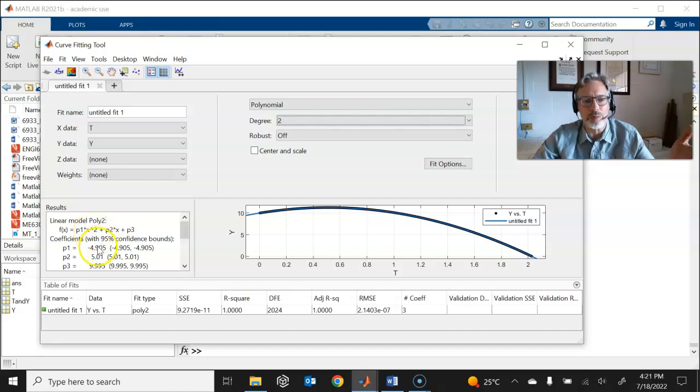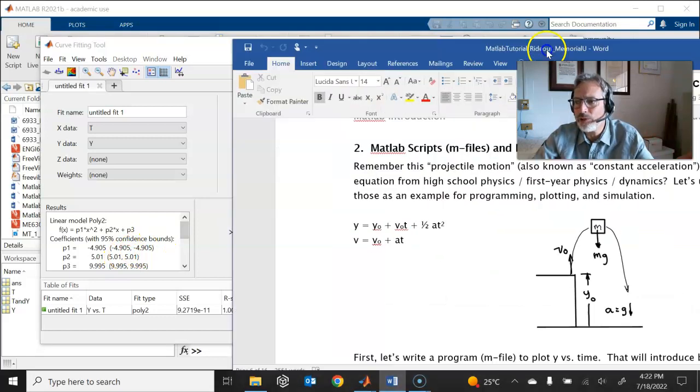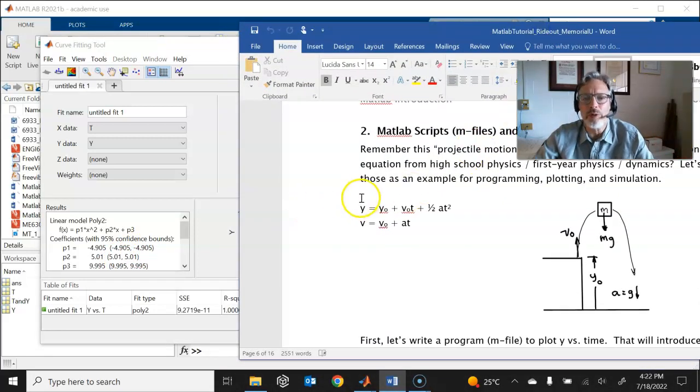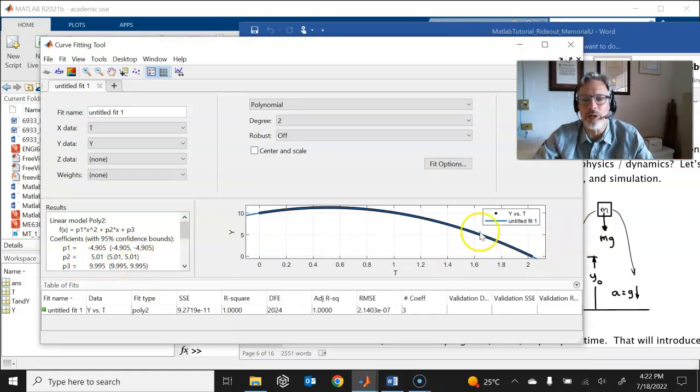So in our local parlance, that means minus 4.905 times time squared, because time is x, plus 5.01t plus a value which is 9.995. This is very, very close, to within numerical tolerances, to the original equation describing the motion. We know that y is y naught, which is 10, pretty close to 9.995,